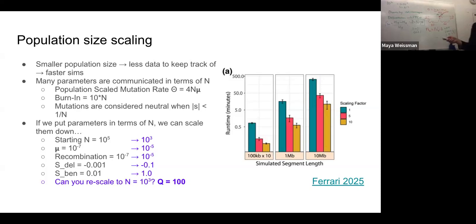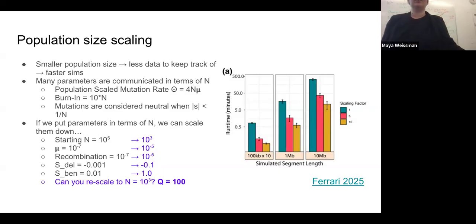Here's a paper from earlier this year where they looked at the effect of scaling in SLiM specifically, and they used scaling factors of 1, 5, and 10. So 1 is obviously no scaling, then 5 and 10, on different simulated chromosome lengths. And this is showing simulation times in minutes. So as you can see, as you make your population smaller, as you increase the scaling factor, the simulations run